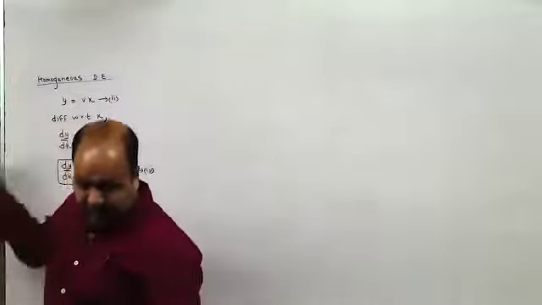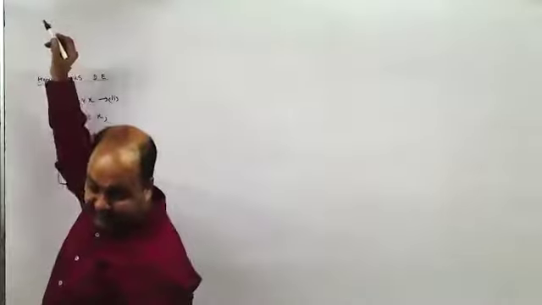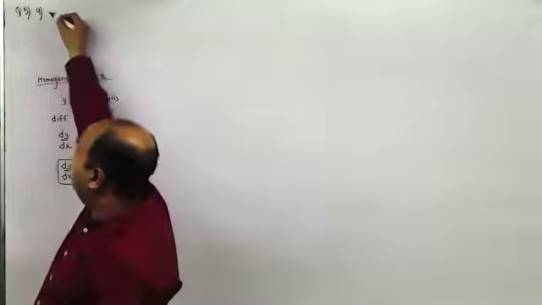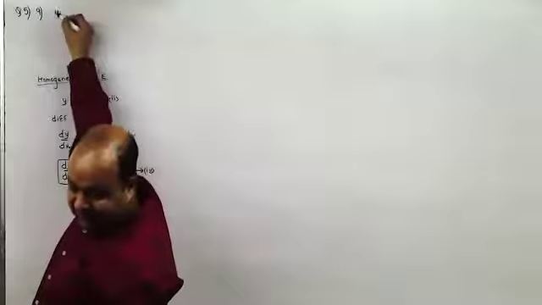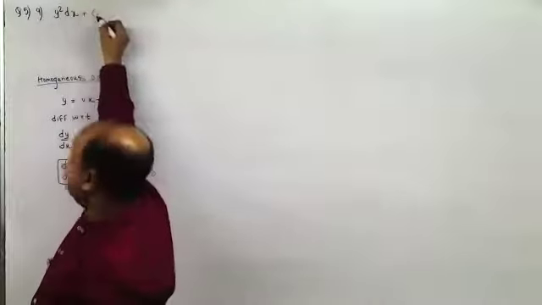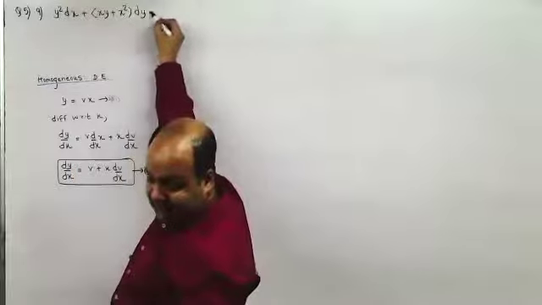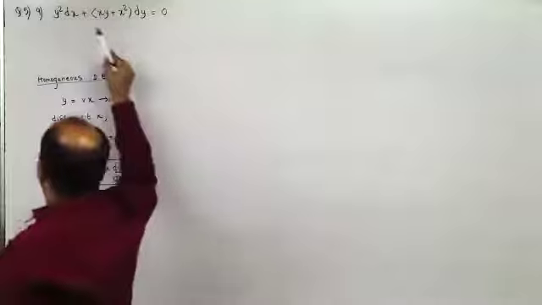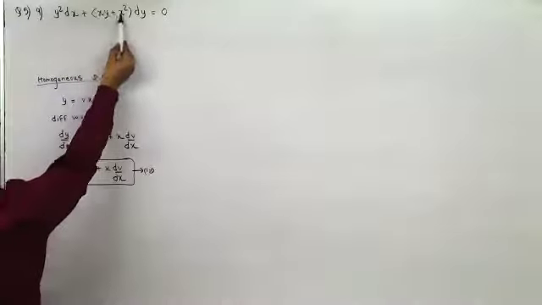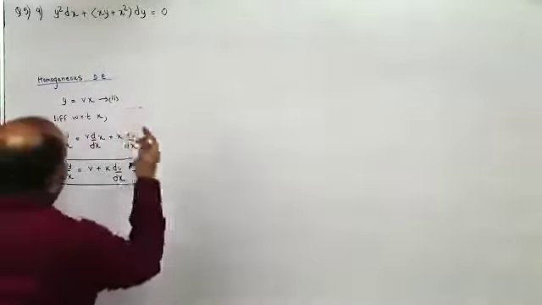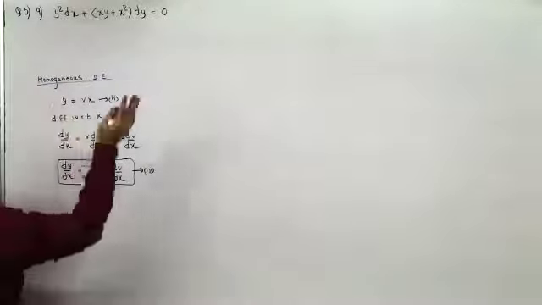Next, come to question number 5, the 9th part. y square dx plus xy plus x square dy is equal to 0. If you observe here, power is 2, combined power is 2, homogeneous. So this becomes homogeneous DE. Now our aim is to separate x and y, but we cannot separate x and y here. So what we'll do is we'll substitute this and then separate.